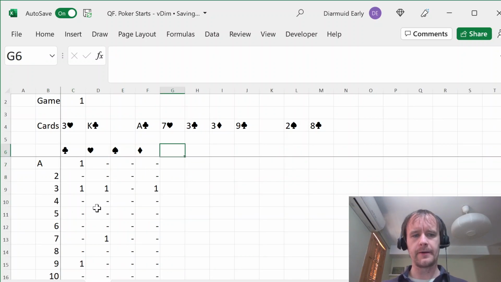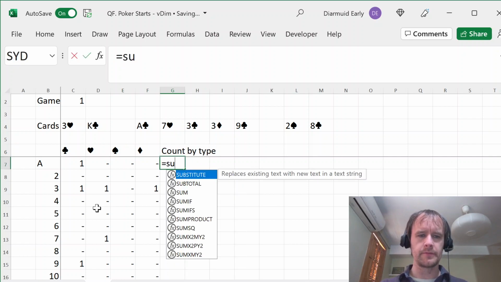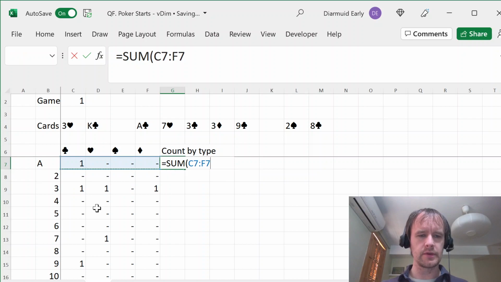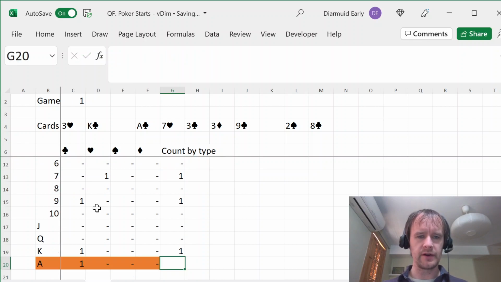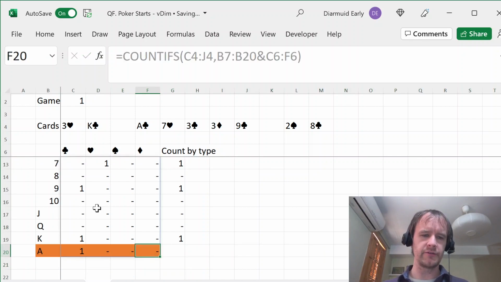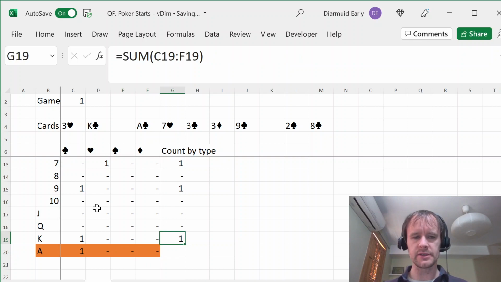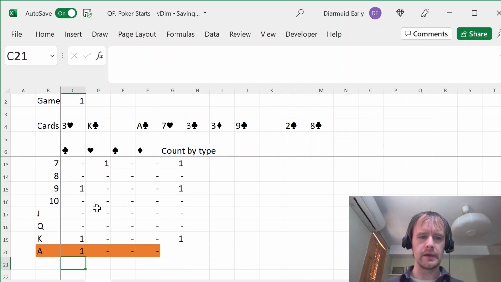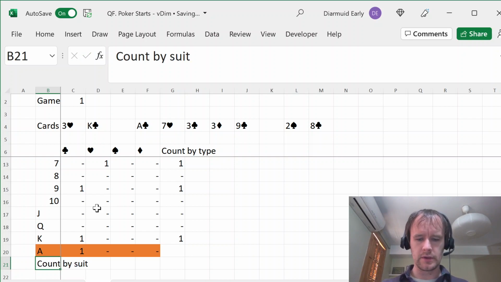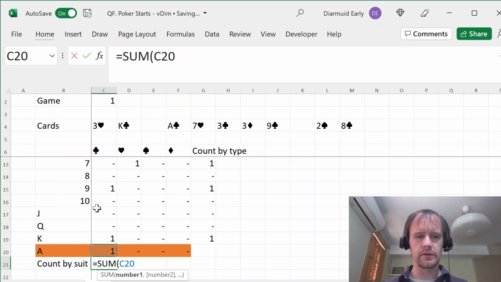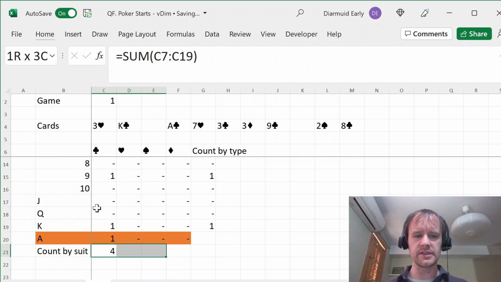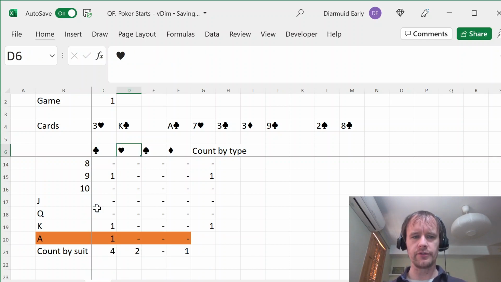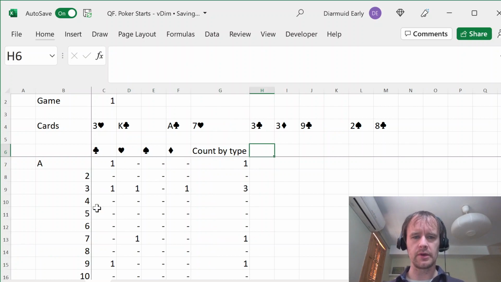Having done that, I'm then going to say count by whatever I call it, type. That's just going to be the sum of these. And I'm going to do that for every row except this one, because again, if I have a pair of aces, I don't want to accidentally tell myself I have 2 pairs by seeing a pair up in this row and a pair down in the bottom row. And then I'm going to do count by suit. And that's just going to be a sum of these. And basically everything that I'm interested in is some combination of those two,